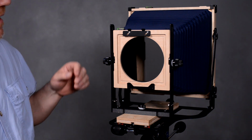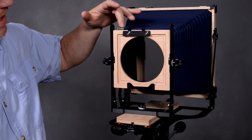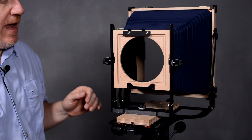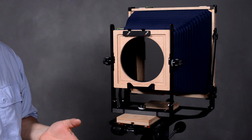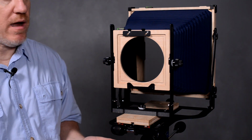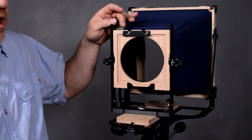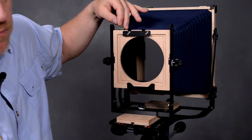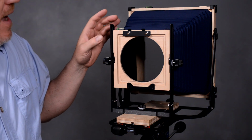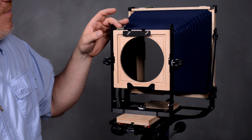Okay, now noticing on the front here, there's a couple of levels. There's a level on the top of the front standard and a level on the back, okay? And I know people love levels on their cameras. The problem is usually they're wrong, okay? And these in particular are really slow. There's two little lines, but the bubble is much smaller, so then you have to estimate, is it touching the lines? And I expect, I'm happy to be wrong about this, I expect that they're not going to be all